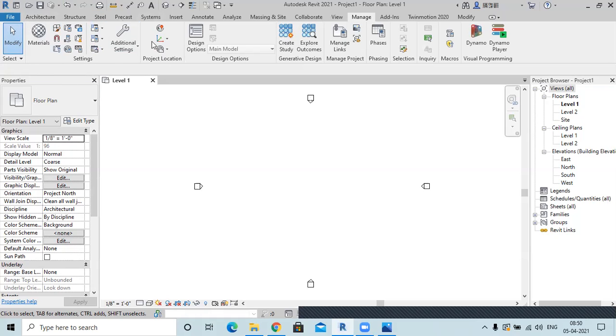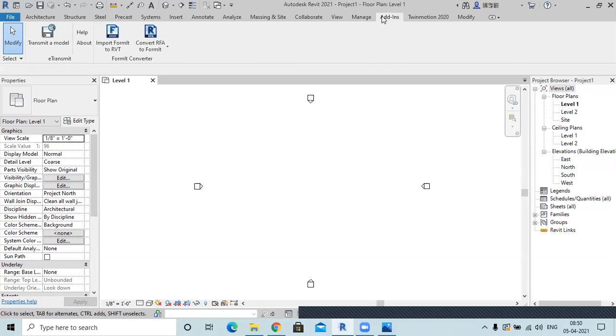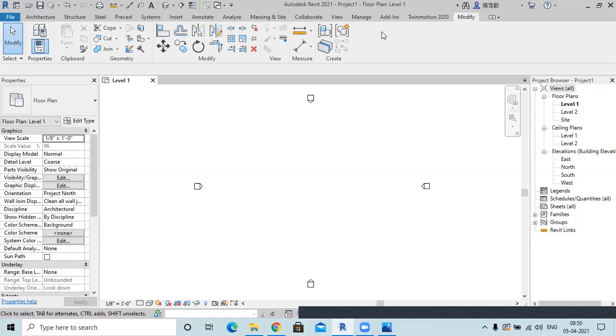Okay, which we will, because it's very important. Then there we have this add-ins tab in which you can add in from different types of models. Then we have this, okay, this is an extra tab which I have in my Revit. I'll show you why I have this. Then the last we have modifier, which generally will come whenever you select an option.